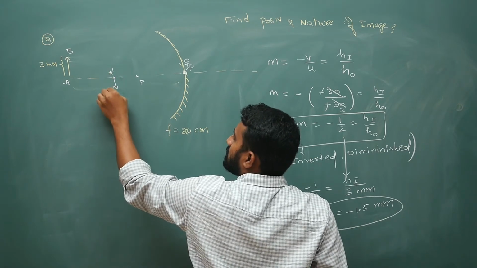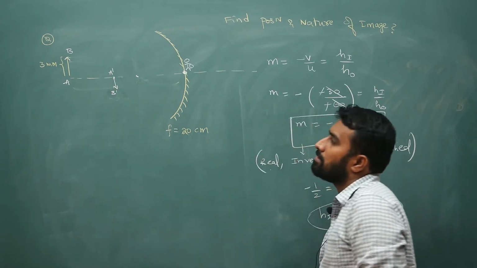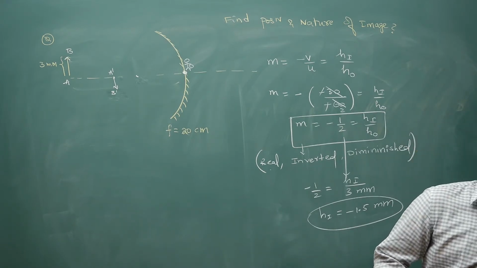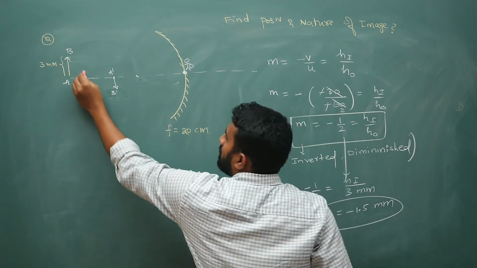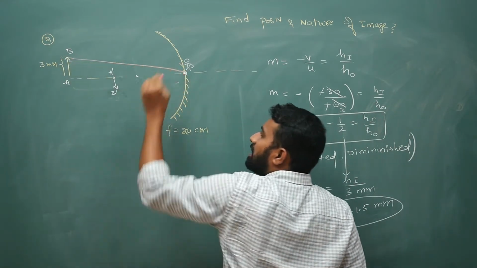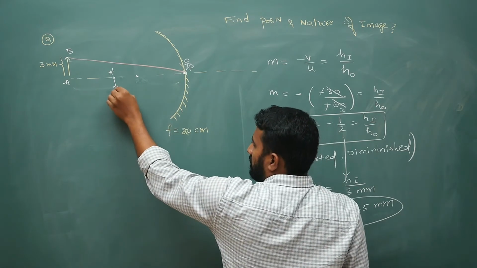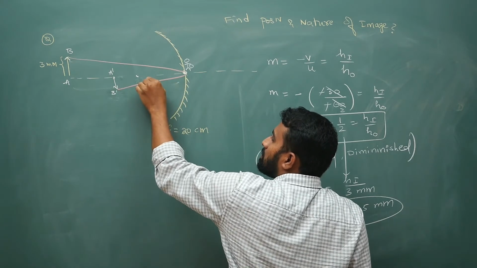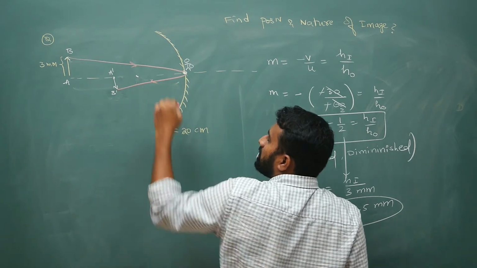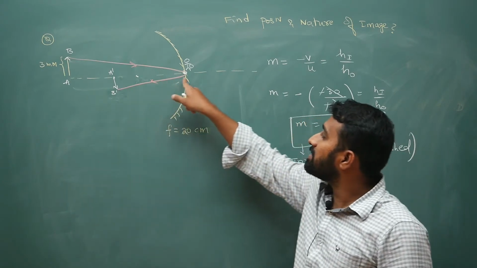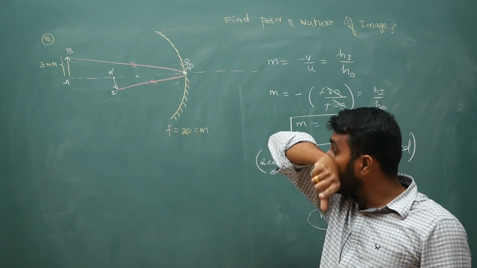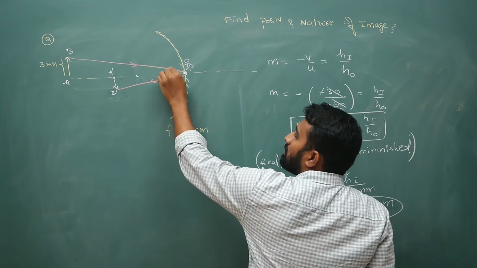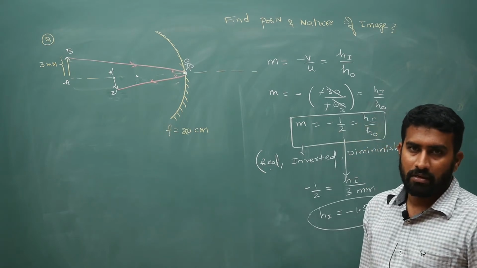So some A dash, B dash. It is inverted and half of the size. Now if I draw the ray diagram, very simple. Take a ray here and draw in reverse from the image, connect to the object. Put the arrows in reverse manner. So first draw this B dash P and then from the pole you connect it. The laws of reflection are supposed to hold. This is the normal, so these two angles are supposed to be equal. First. Next, second.